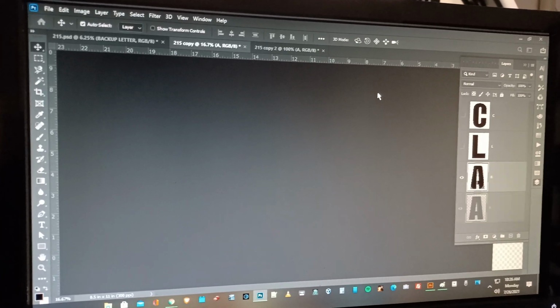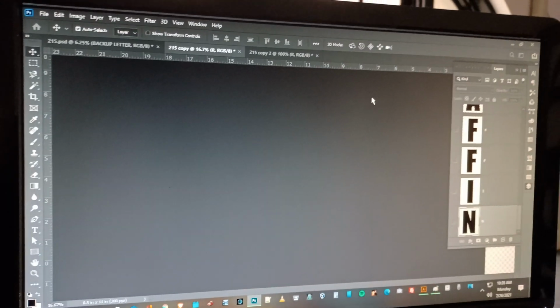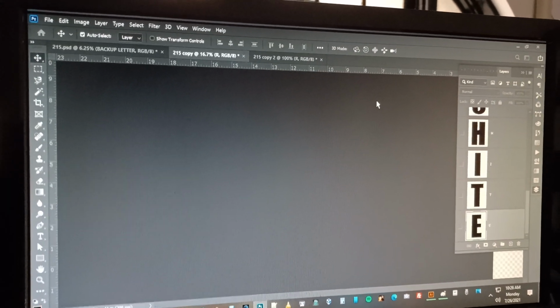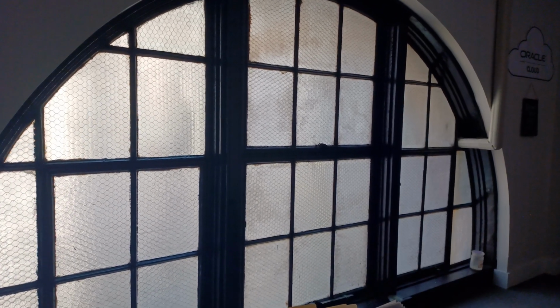So this is gonna say Cloud Architect Staffing. I was gonna put INC, but I'd rather just leave it because I only have a certain amount of windows over here. So this is gonna be CLOUD. I'm gonna leave this window and this window open. All right, actually, no, it's gonna be CLOUD, and I'm gonna have ARCHITECT, architect, and then